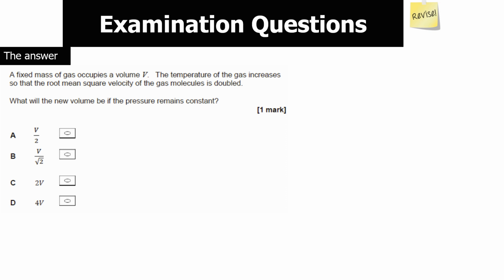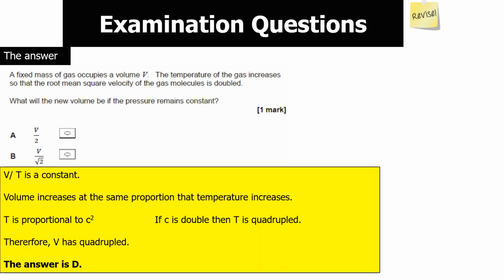Right, so how do you answer this question? Well, we know that V over T is a constant, that's a fact. So volume increases at the same proportion that temperature increases if it's going to be a constant value. Now we also know that temperature is directly proportional to speed squared, c squared. So if c is doubled, then T would have to be quadrupled. So if T is quadrupled and it stays in the same proportion as V, then V quadruples, so our